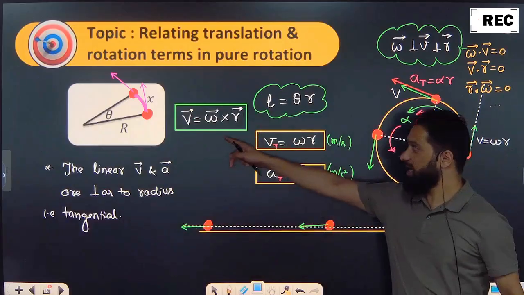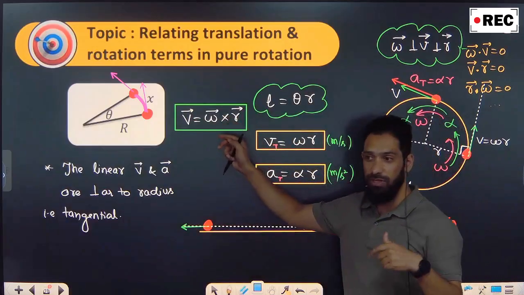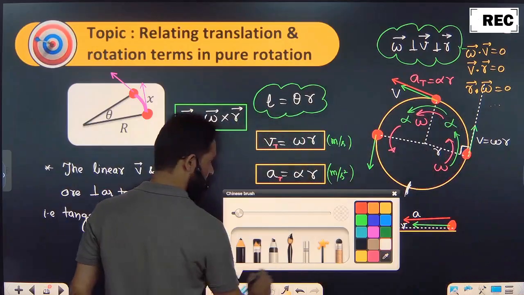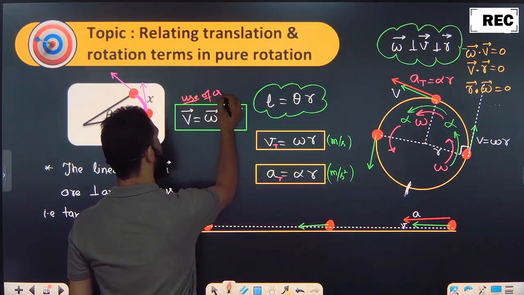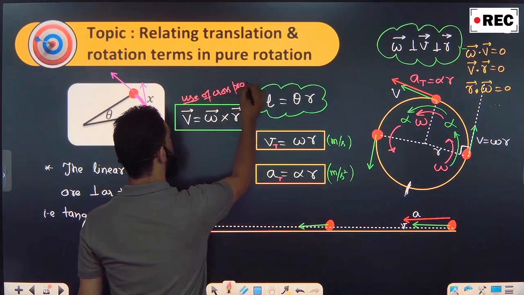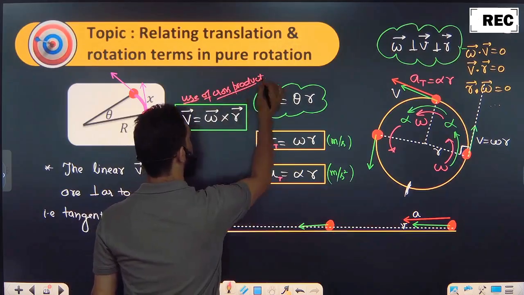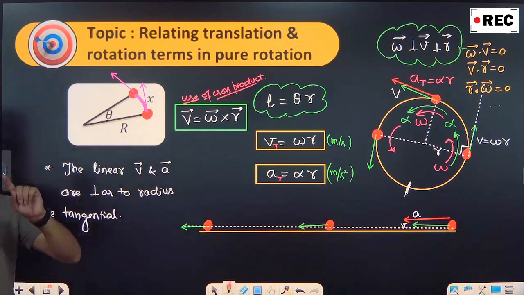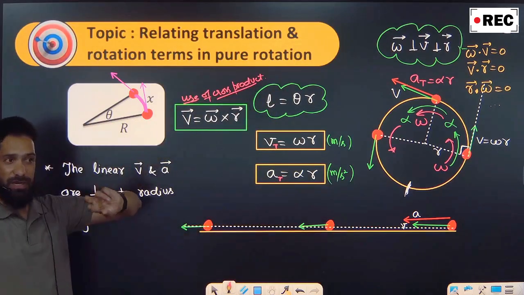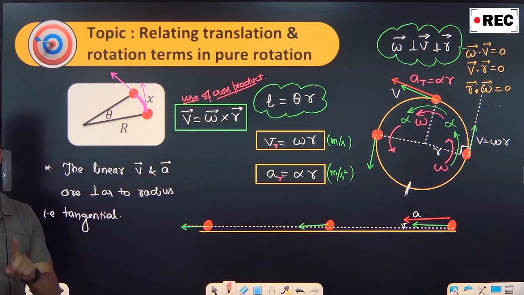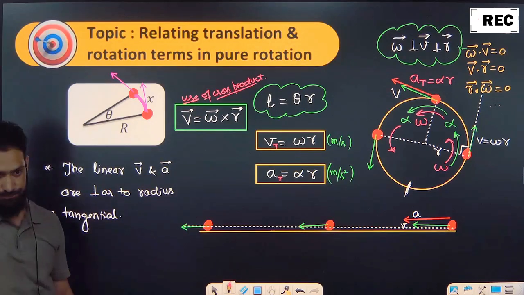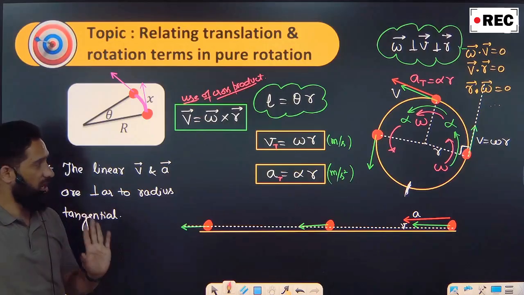And v is given by omega cross r. So it is one of the uses of cross product. Can you see that? पहली बार you are studying something where you can see the use of cross product. So it is the first quantity जब से हमने vectors पढ़ा. So the first quantity I am teaching you जहां पे cross product का use आया, that is v is equal to omega cross r. Remember, it's not r cross omega. It is omega cross r, right?